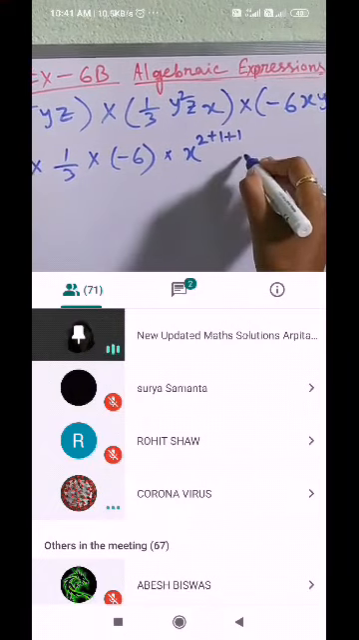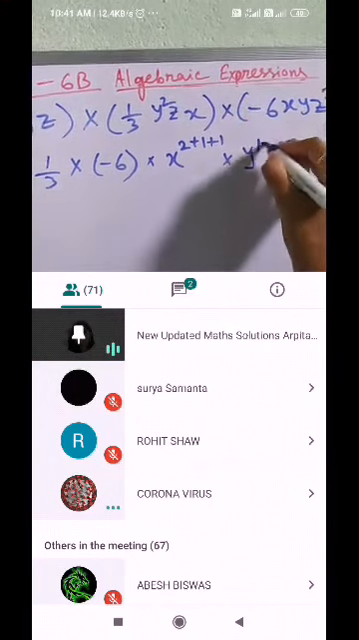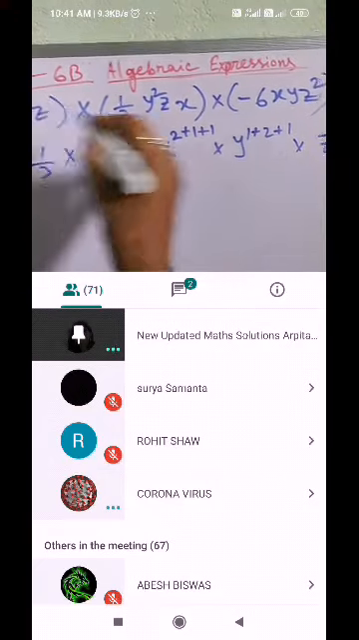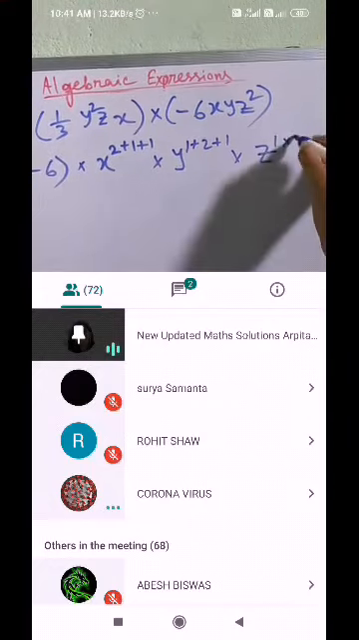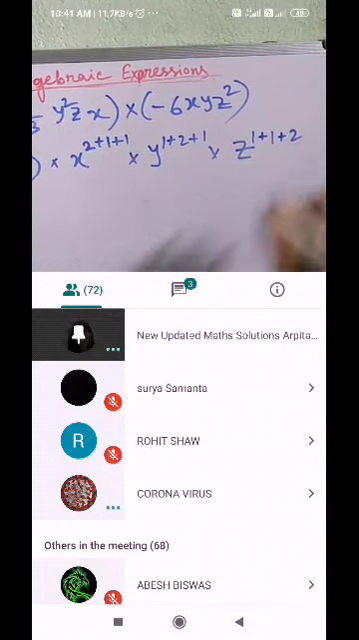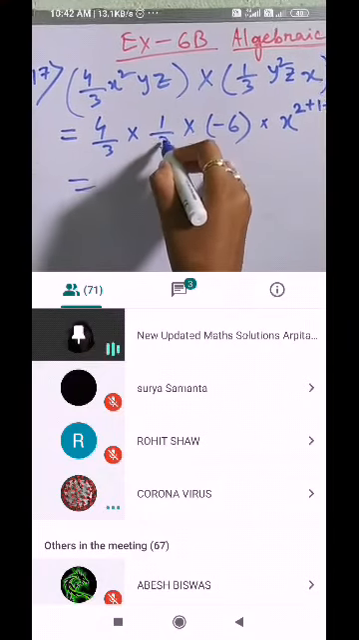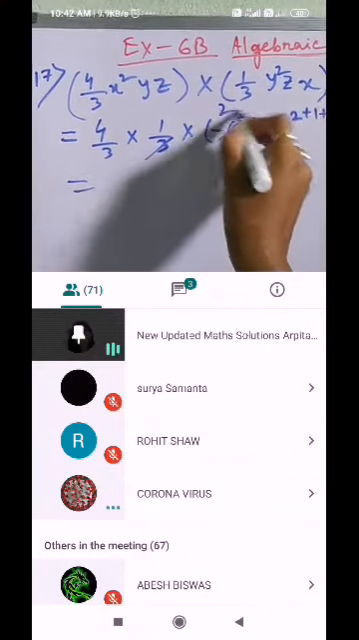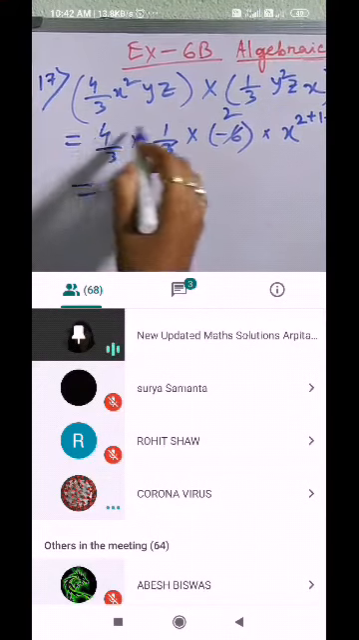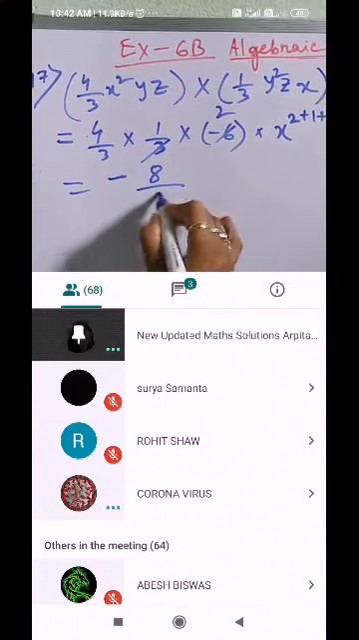Then the next term is y. Here the power of y is 1, here is 2, here is 1. Then z, next term. Here the power is 1, next here also 1, here 2, power is 2. Then this 6 can be cut by this 3. 3 2s are 6. Negative sign will be here. Okay. Plus, plus, minus. So minus sign will be here. Then 4 2s are 8 by 3